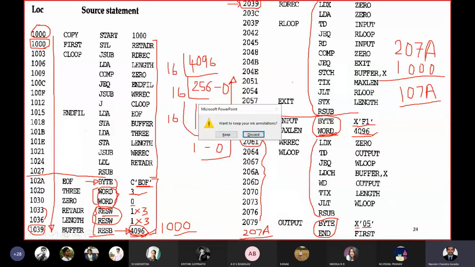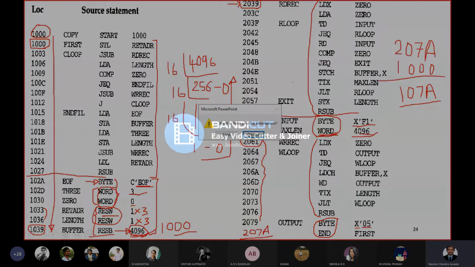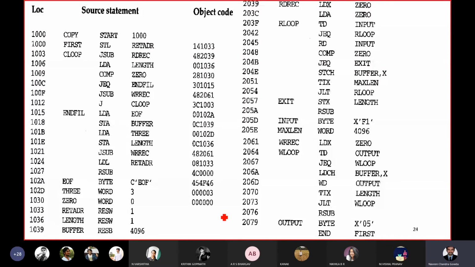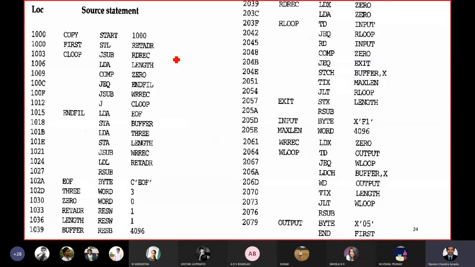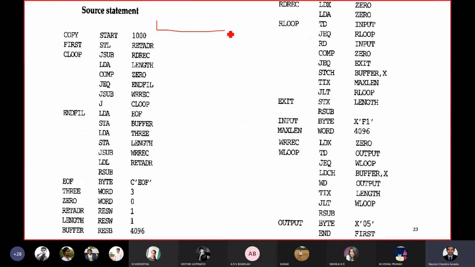You can observe, this is where I'll start generating. I'll give you the simple way of finding out the object code. Especially in SIC only, this works only in SIC, mind it, not in SIC/XE. Suppose, as you may remember, we had an instruction format like this. We had the opcode of 8 bits, followed by X, then the address of 15 bits. You have to work it out the same way, but in a shortcut way.